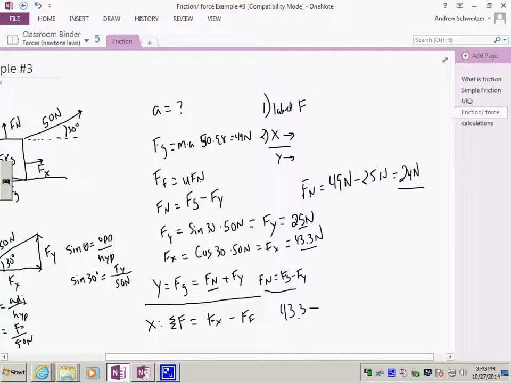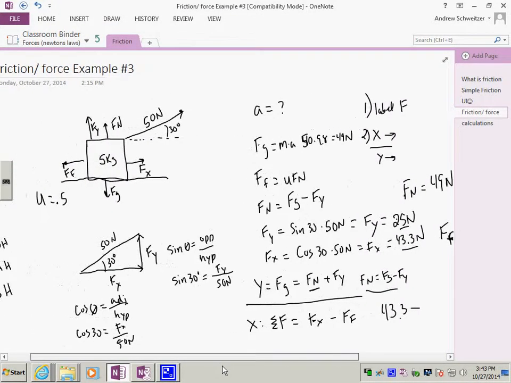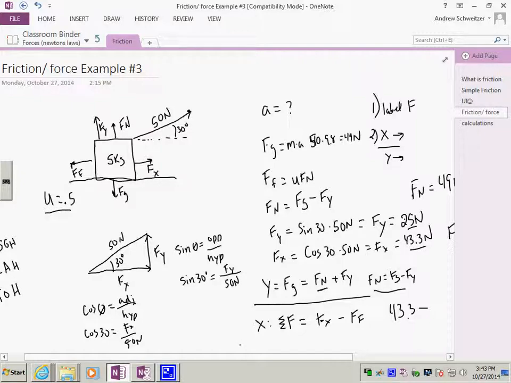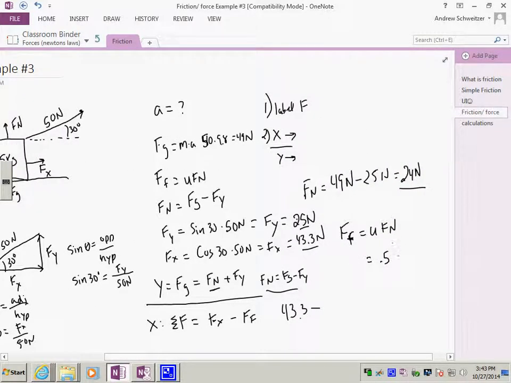The force of friction is the coefficient of friction times the force normal. So this is equal to 0.5, the given coefficient of friction, and the force normal is 24. Half of 24 is going to be 12